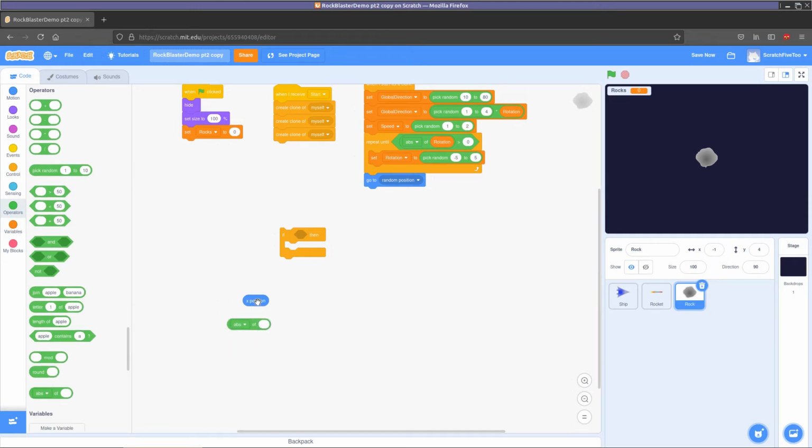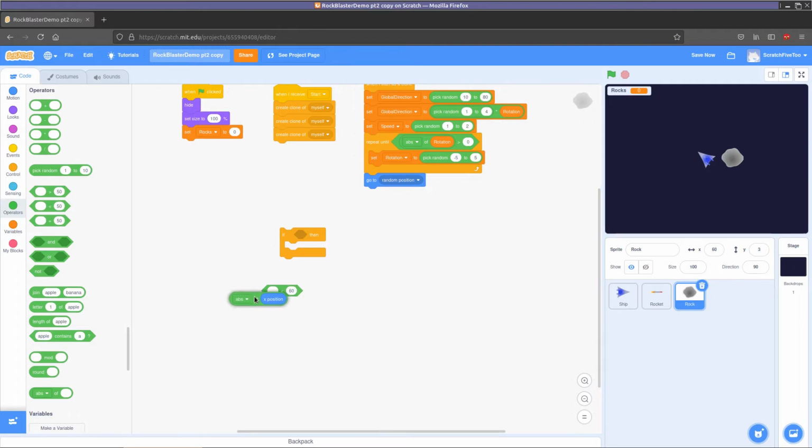So if the absolute of the X position is less than, let's get an idea here. So let's say we want that to be the safe zone. So that's 60 minus 60 in any direction. So if it's less than 60,